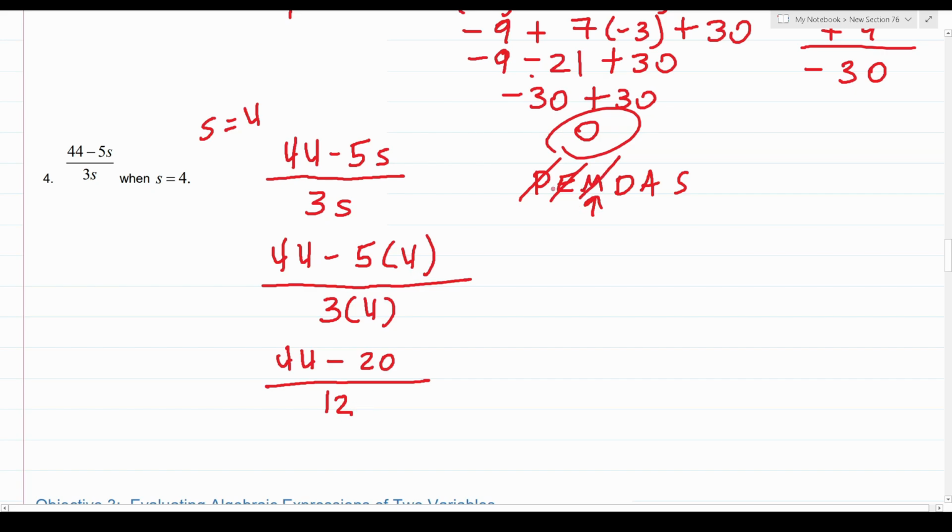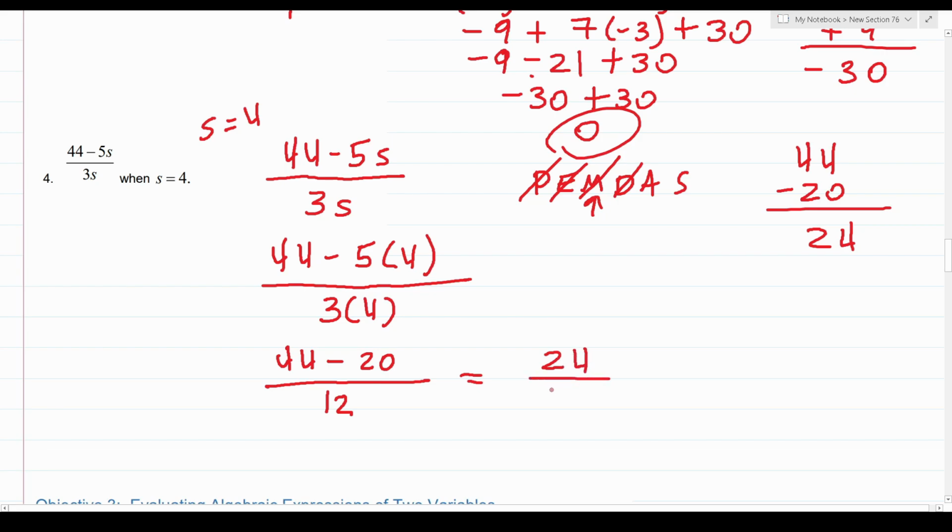Technically, there's no division, okay? Because we're dealing with a fraction here. At most, we're going to reduce this fraction. All right, so no division. As you can see, the only thing we have left is subtraction, notably 44 minus 20. So let's go ahead and take care of that. 4 minus 0 is 4. 4 minus 2 is 2. So this is